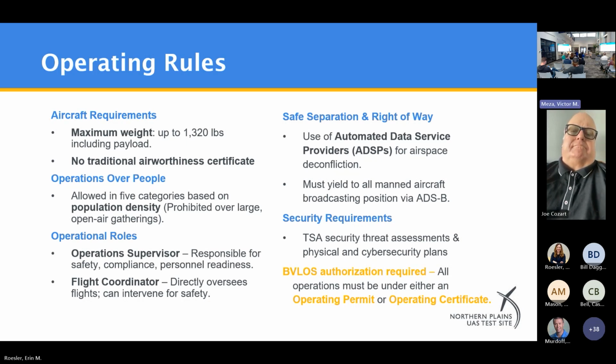Operations over people is allowed under Part 108, but is not blanket allowed. In the NPRM, the FAA actually proposes 5 different categories, category 1 through category 5, of different population densities that would be acceptable. It essentially starts putting caps on those different privileges. As I said before, those permits are for lesser risk operations, so they may only be permissible in categories 1, 2, or 3 type population densities. If I want to fly in higher population densities, I'm probably going to need an operating certificate, a higher level of rigor.